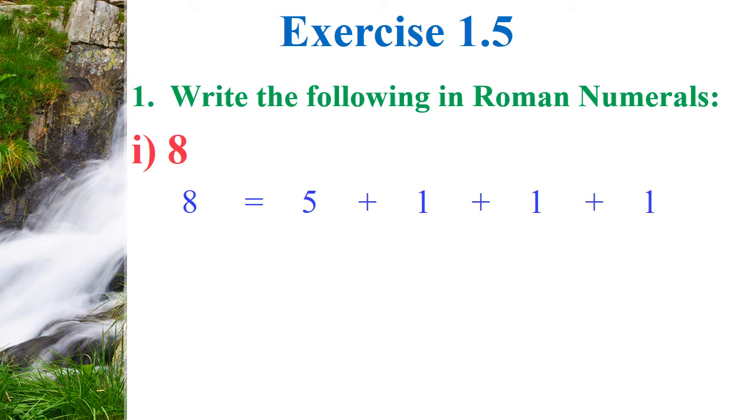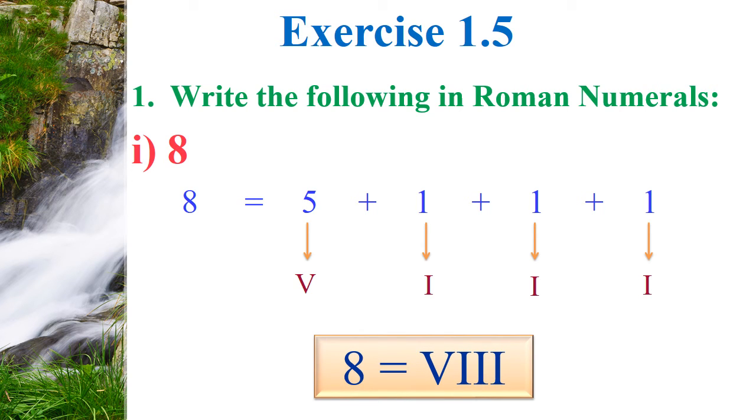Next, split the numbers based on basic Roman symbols. So that is 8 equal to 5 plus 1 plus 1 plus 1. Next, write the symbols. So here 5 represent V, 1 represent I. Finally, we should write symbols together. So that is 8 equal to